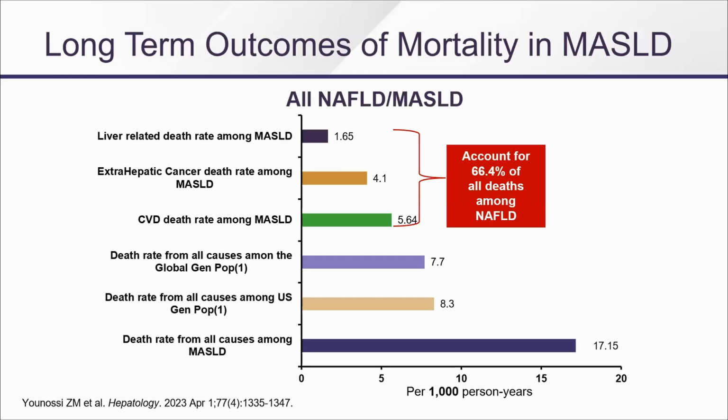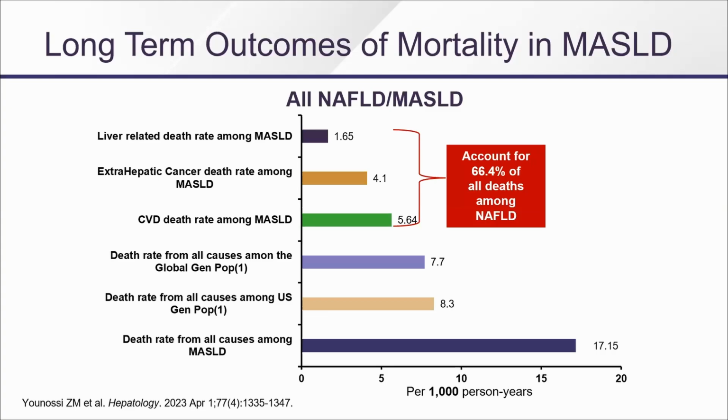So be aware of patients with diabetes, because if we take just the group of patients with fatty liver, and you look at their all-cause mortality, which is at the bottom, it is double the general population. And most of that is due to cardiovascular risk. So for many of our patients, MASLD is not a GI problem. It's a problem for cardiologists, endocrinologists, and primary care. They will still come to see you in clinic, but you have to tell them that their problem is CV risk and that they need to go back to their primary care.